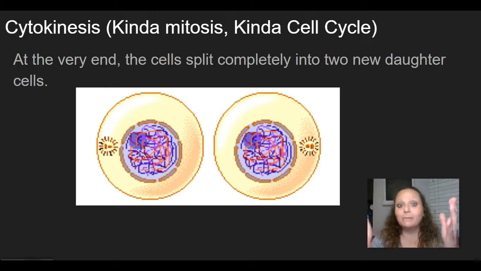It's absolutely mind boggling. And the reason that your skin cells are different from your eye cells, which are different from your nerve cells, which are different from your muscle cells, is because certain pockets of DNA are being used, or certain aspects of your DNA are being used in some cells and not being used in others. So, just something to kind of keep in mind as we move forward.